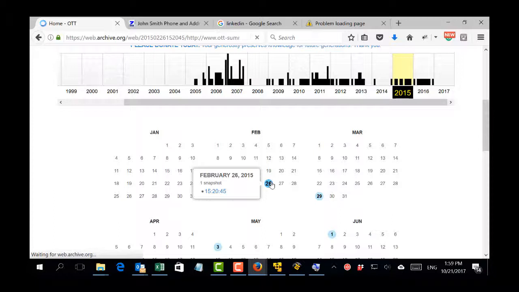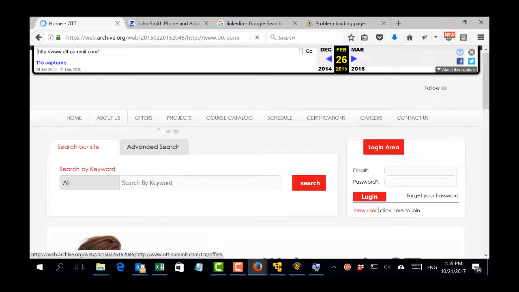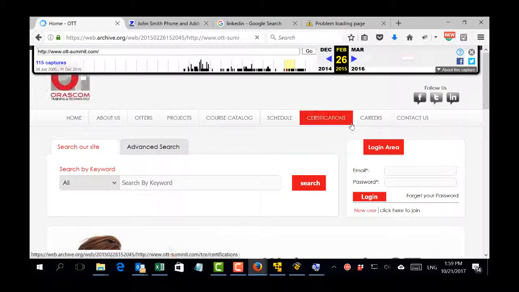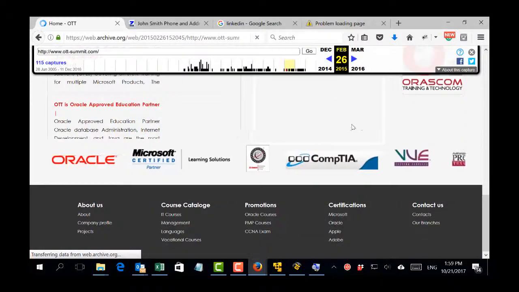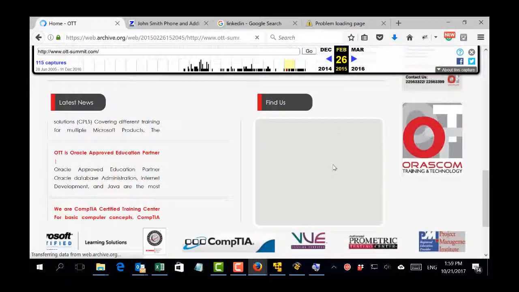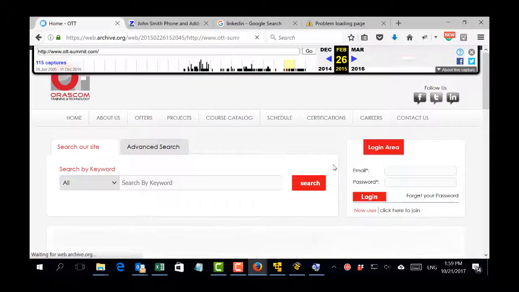So it's loading, and as you can see, this is the site in 2005. Quite different. No, it's more professional. But it will show you the site at any specific time and date. Now, this is important. Why? Because sometimes people create the site at the beginning and they start writing all kinds of information about their company,